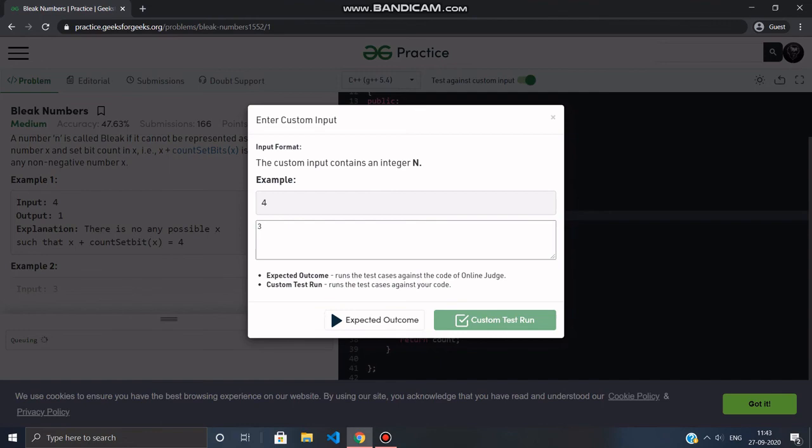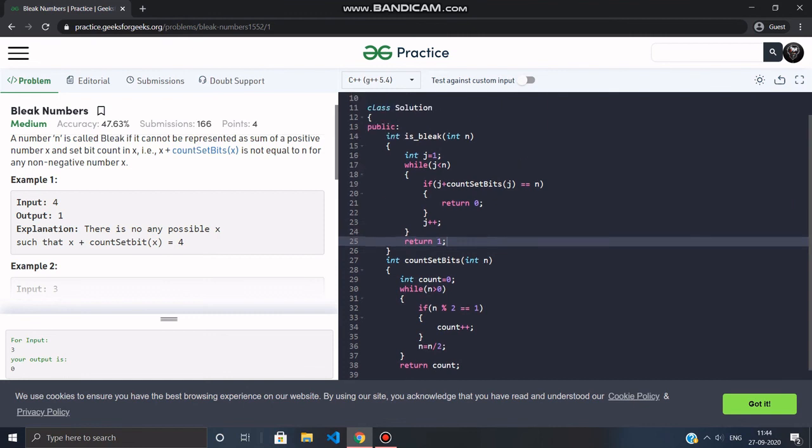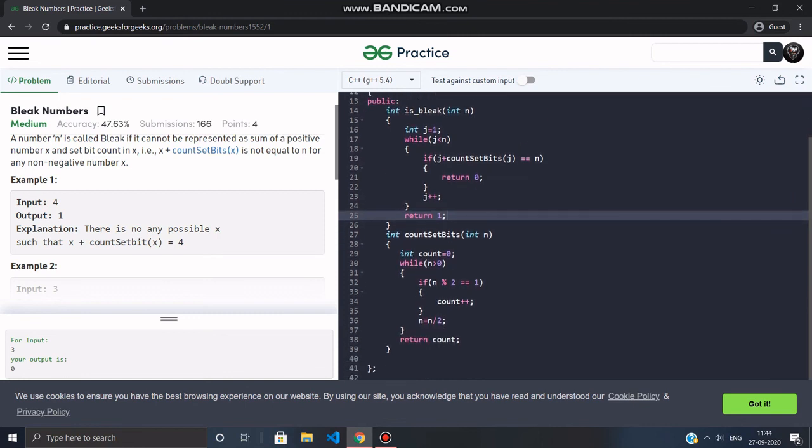Actually 3 is not a bleak number, because the sum of some positive number and the count of set bits of that number is equal to the given number. As you can see, our output is 0. So this is our code basically. This is how it works, and it checks whether a number is bleak or not.